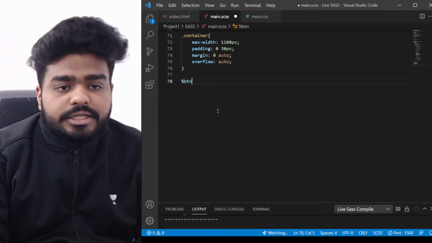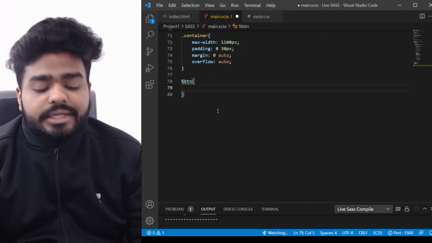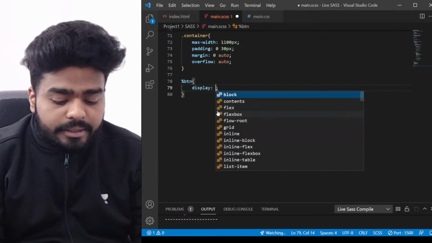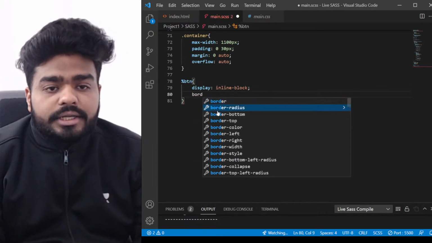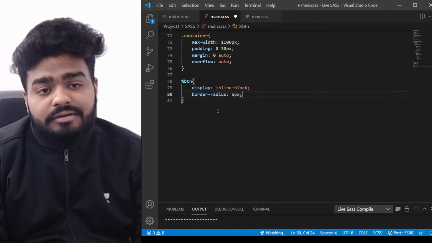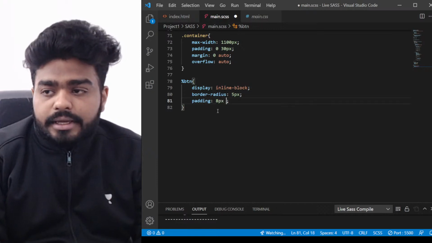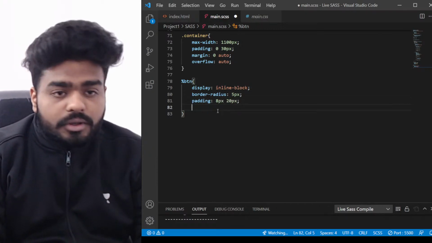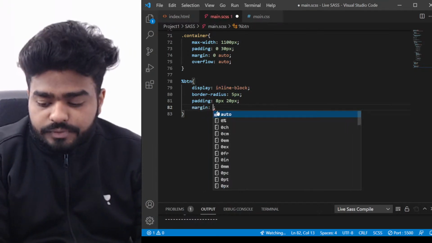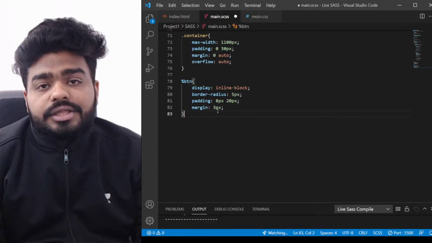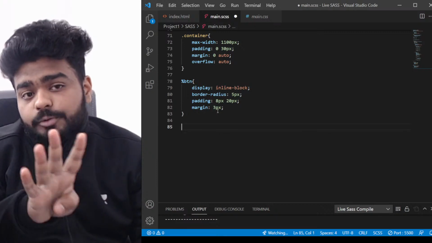We'll create a percentage button, right? And in this we will write all the similar kind of things which we want in our button. So we want display to be inline block. This we want in both the buttons. We want border radius, basically to make it curved, 5 pixel. Padding we need 8 pixel and 20 pixel. And also we need margin, 3 pixel. So this is the class which we have created, which has the common four properties which will be used in